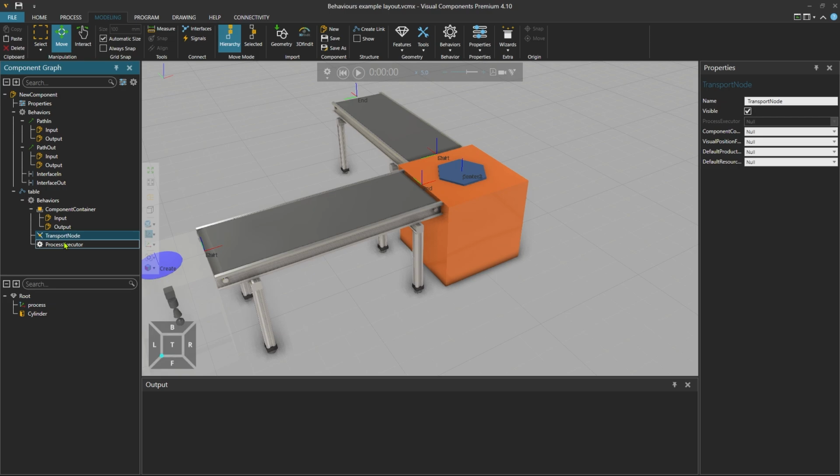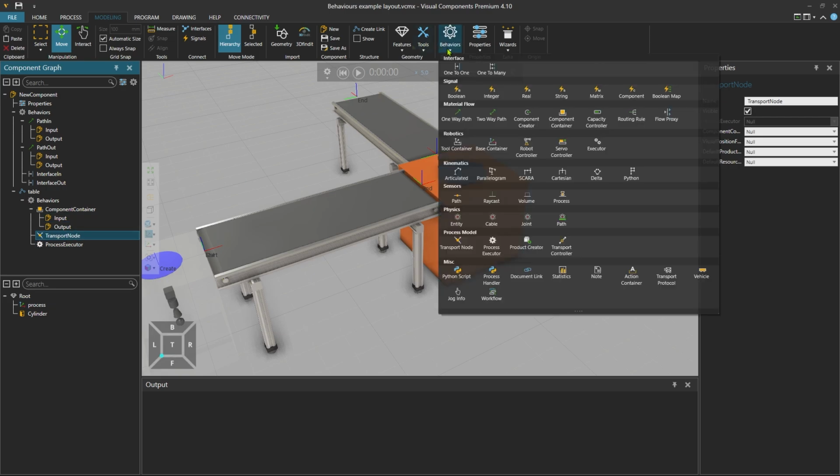An alternative way to control this component could be a Python script behavior, where the script would react to the component entering the container and make decisions such as processing time and to which port the product is transported. So in addition to these process flow related behaviors, we could also have a product creator behavior. This behavior could act as a feeder in a component.